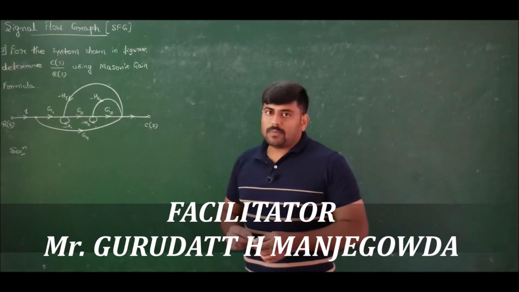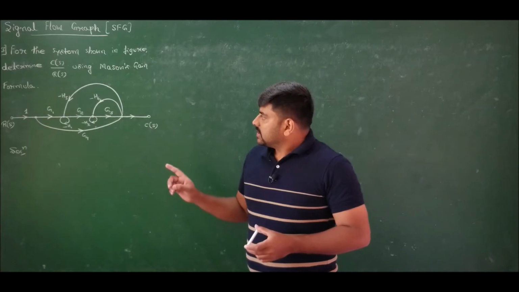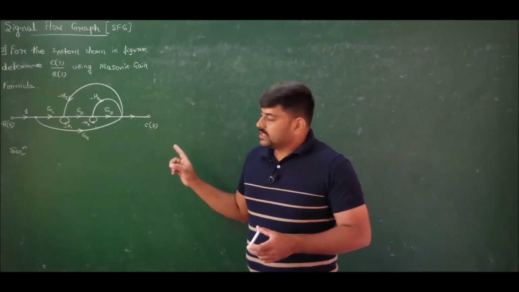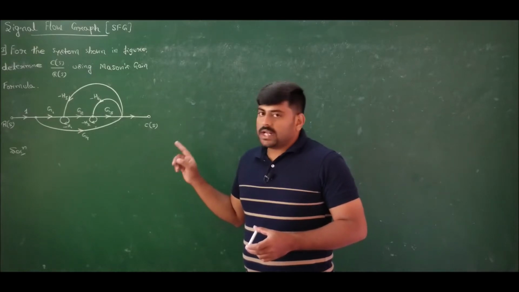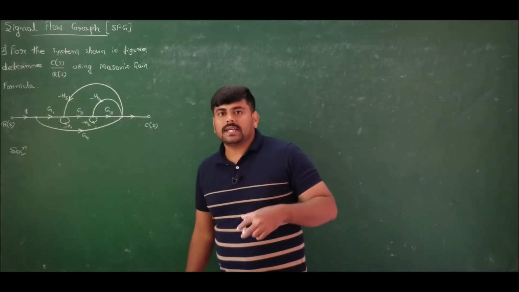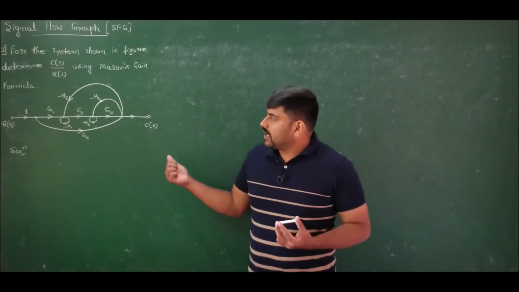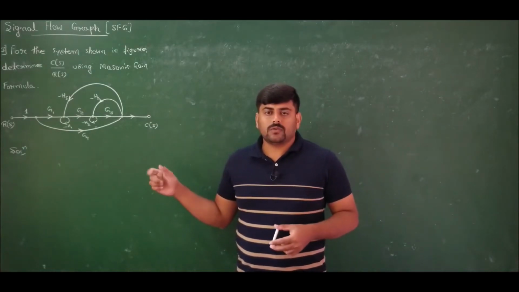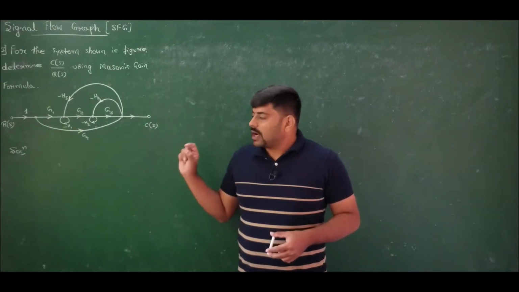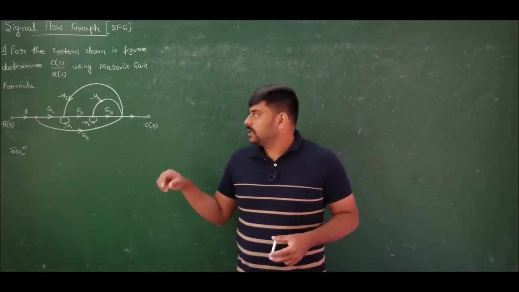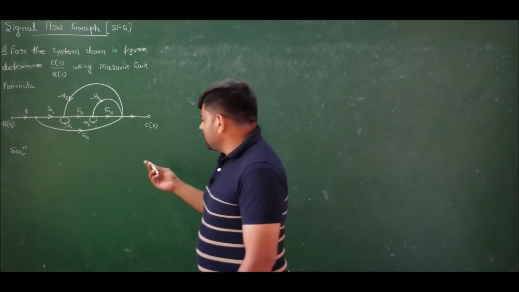I took this problem to demonstrate when there exists a loop which is not touching a path. In our problems number 1 and 2, we have seen that the value of delta k is unity for all the paths. But here the value of delta k will not be unity for one of the paths. I want to demonstrate it and explain to you how to calculate delta k properly. Let us discuss the solution of this one.